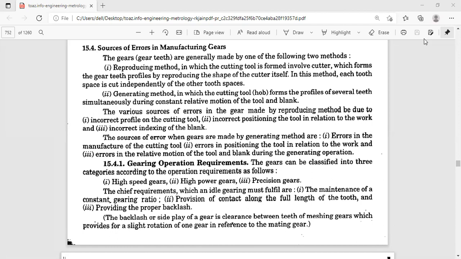So what is backlash? Backlash is nothing but a play in the gap. Sometimes I don't want to use the word clearance, but some of the textbooks use it. But what I told you, backlash should be defined for a pair of gears. You lock one gear or fix one gear and rotate the other gear along the non-working flank of the other tooth. That's very important. So I don't want to specify clearance in backlash. You might be confused. Clearance is different, backlash is different.